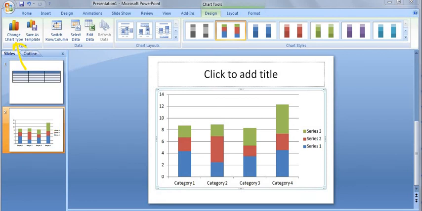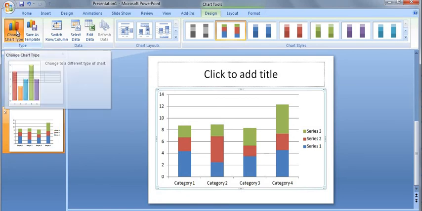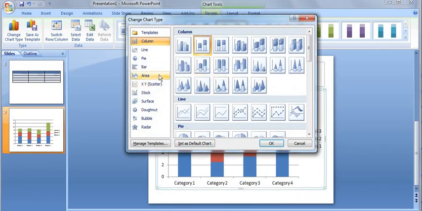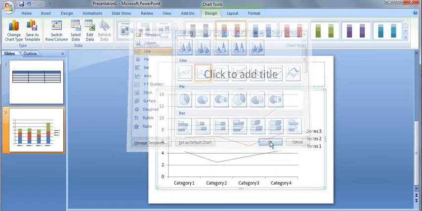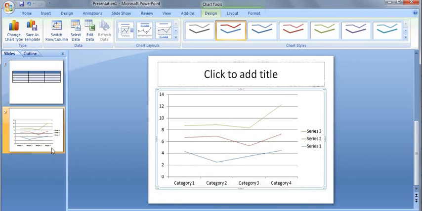You have to click on it. Now I will select another one and click on OK. So see, the chart type has been changed. Okay, this is the way.